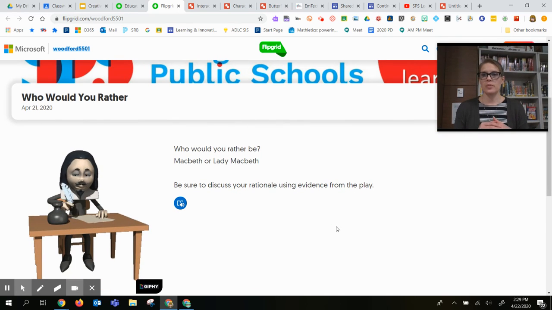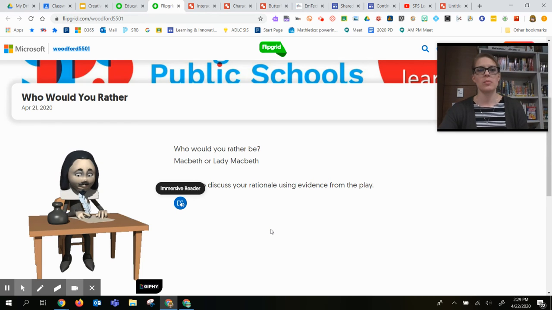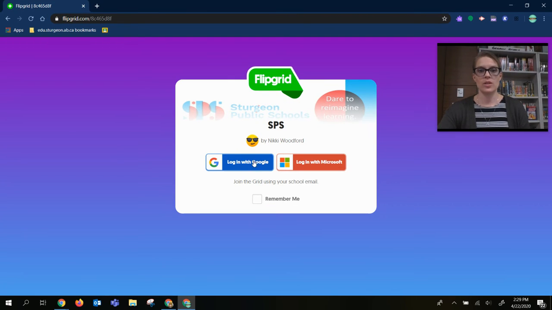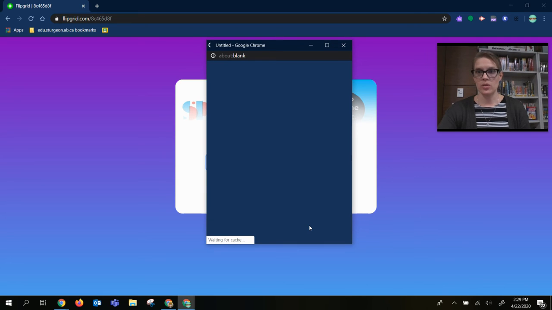Okay, would you rather be Macbeth or Lady Macbeth? You'll notice that there is an immersive reader, so it'll read the text if somebody needs it to be read to them. And so then the student would be expected to respond with a video on their opinion. Would they rather be Macbeth or Lady Macbeth? Now, from a student view, they would log in with their Google account,